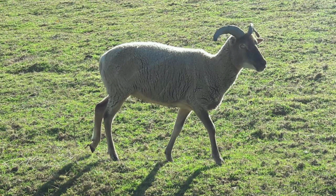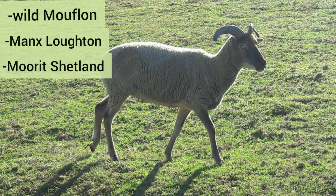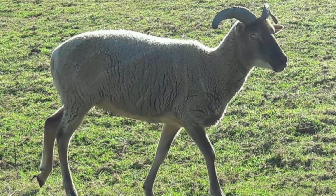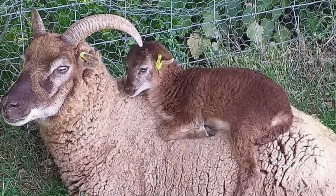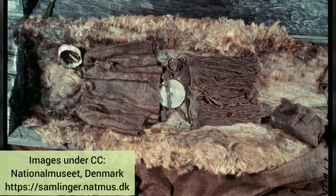It was bred from Wild Mouflon, Manx Loaghtan and Moorit Shetland in the 1900s. So although it's a relatively recent breed itself, it draws on primitive sheep types, resulting in something that has a lot of characteristics that we might have found in the early domesticated sheep. As such, whilst it's not exactly the same, it'll be a good stand-in for my preliminary explorations of some aspects of Bronze Age clothing. This project is going to use the Egtved burial as inspiration, but I'm not going to